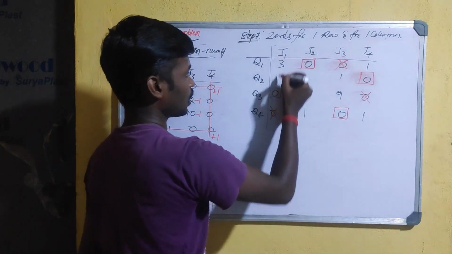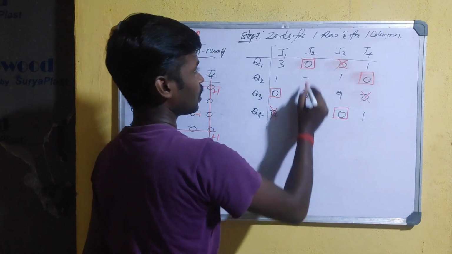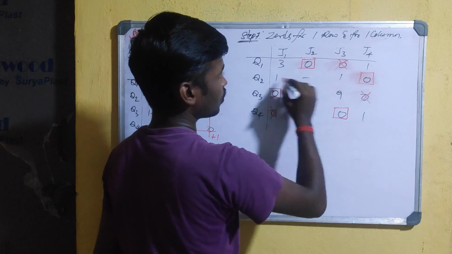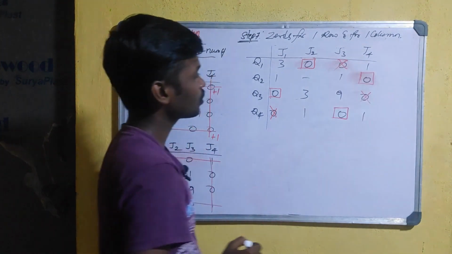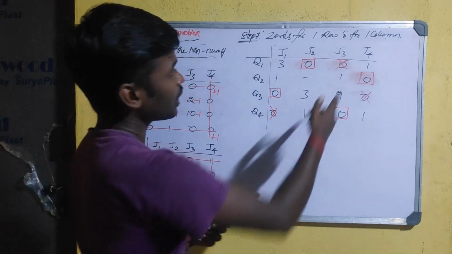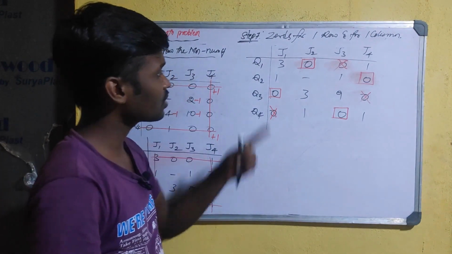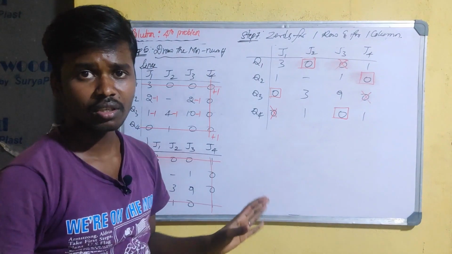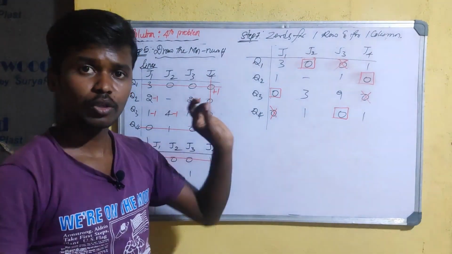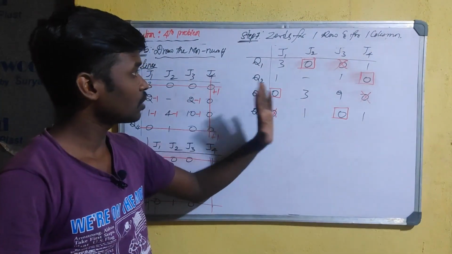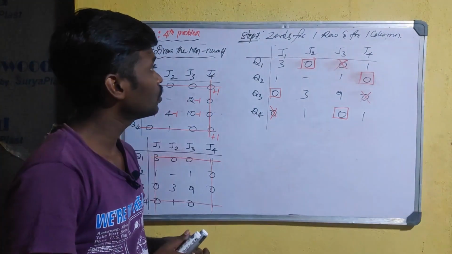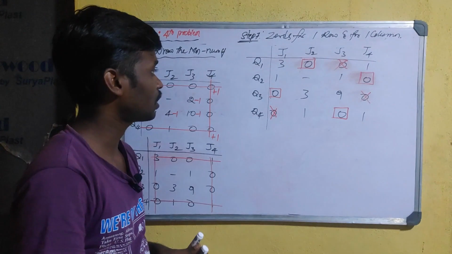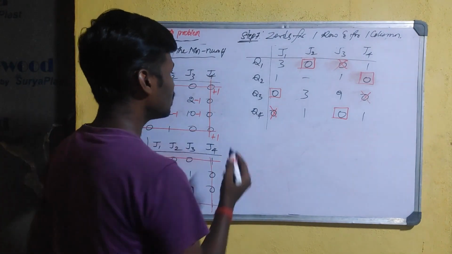So see, once again, is there any repeated zeros in the same column or same row? No. So there is no any zeros in the same column or same row. So in examination, you have to select by using pencil. Okay, so then it is easy to select the zeros even though if you commit a mistake. Okay, now step number 8.